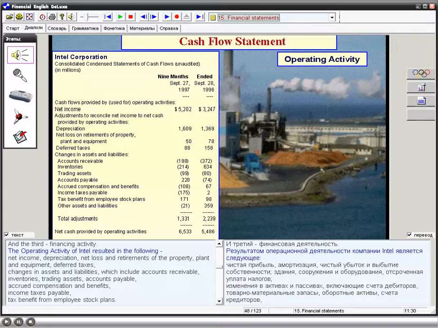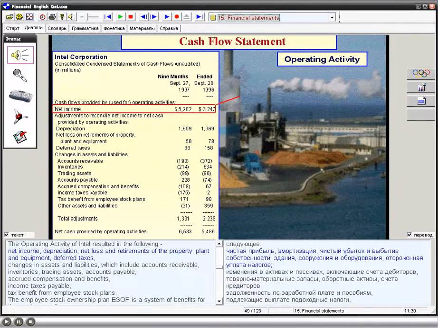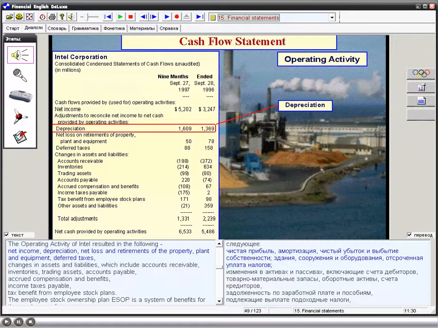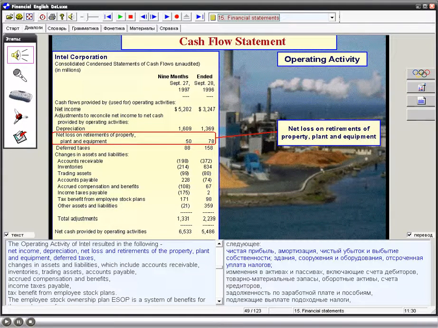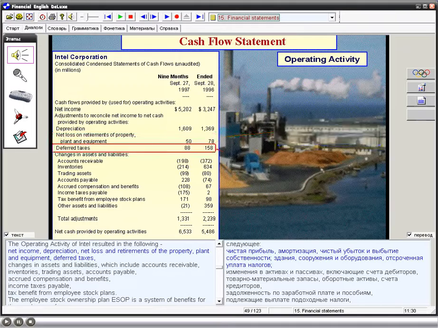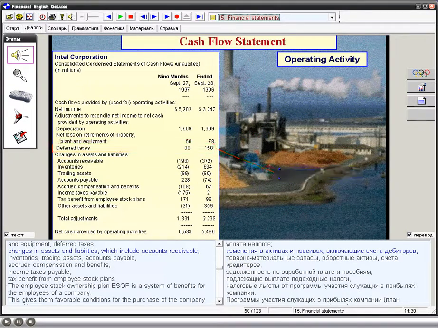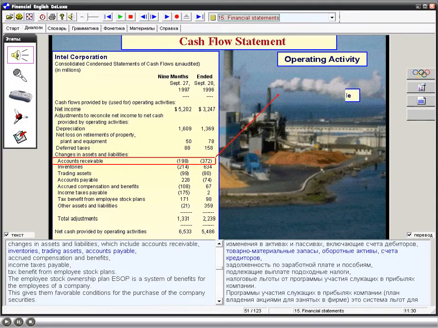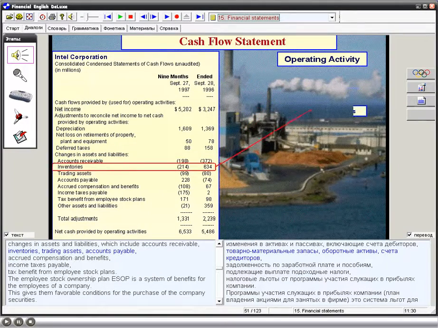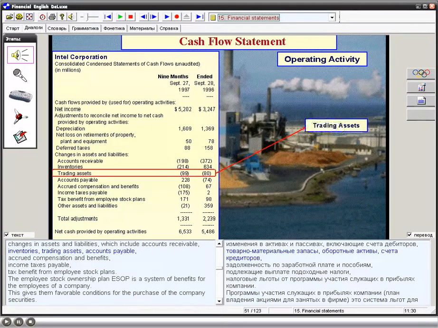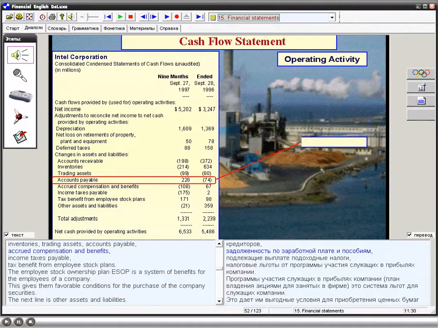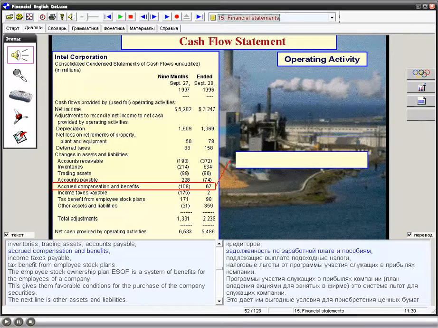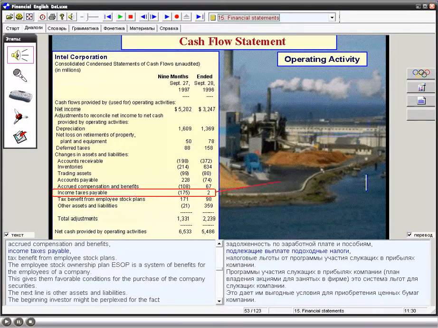The operating activity of Intel resulted in the following: net income, depreciation, net loss on retirements of property, plant, and equipment, deferred taxes, changes in assets and liabilities, which include accounts receivable, inventories, trading assets, accounts payable, accrued compensation and benefits, income taxes payable,